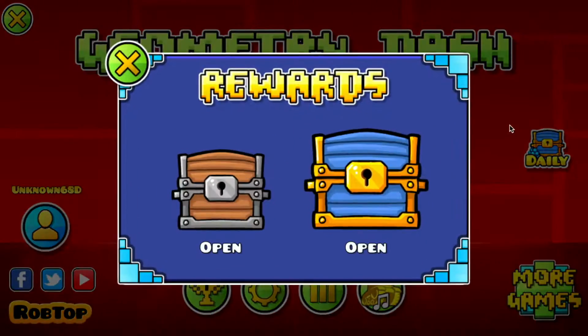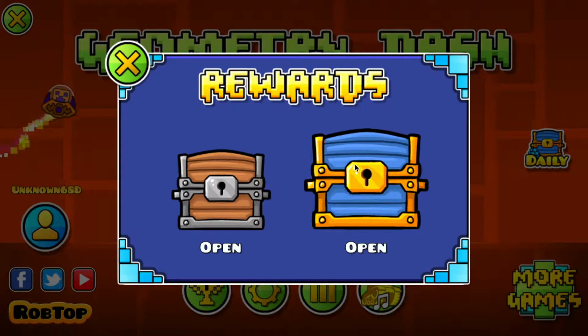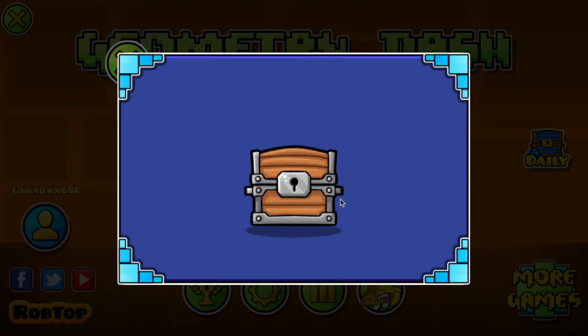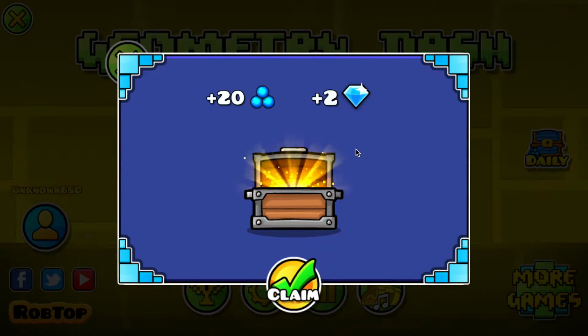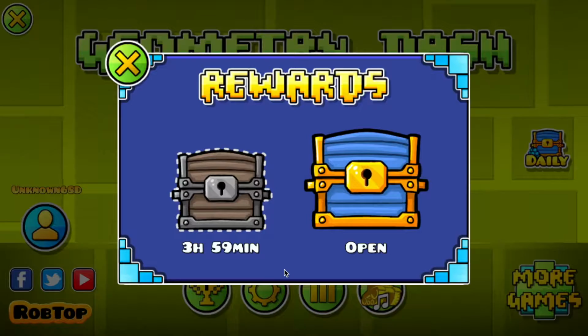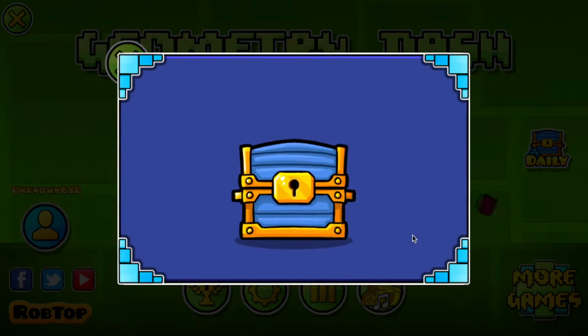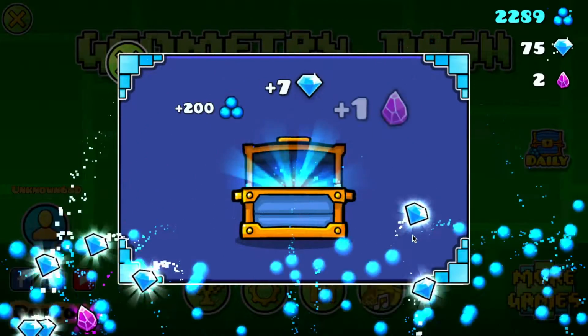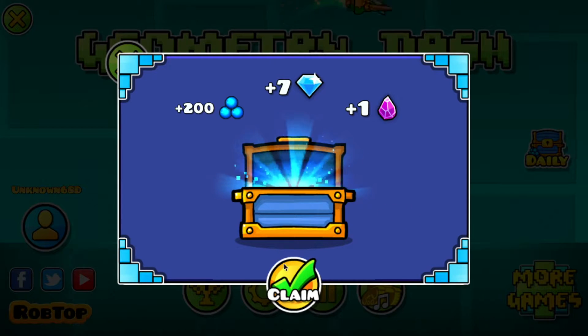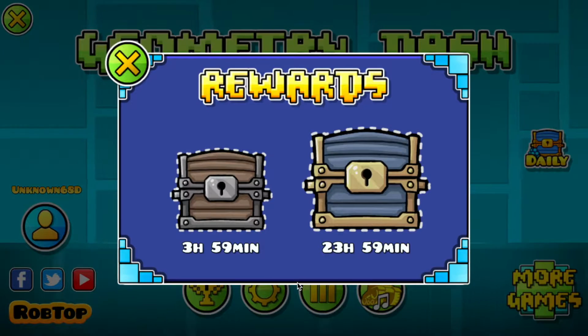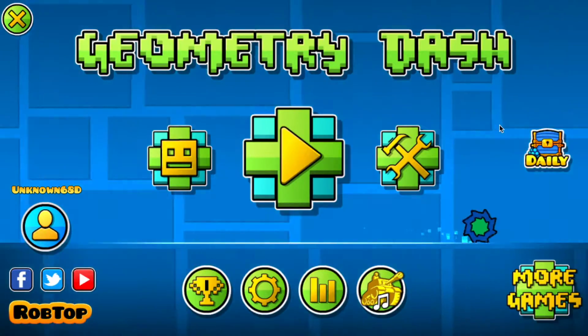Now let's collect our daily chests. We have a wooden chest and a gold chest. Wooden chest first, we're going to save the best for last. Out of this wooden chest, we are going to get 20 gold and 2 gems. So now let's claim. And just so you know, guys, I'm emphasizing a couple words when I click because it's my way of syncing things up in editing. So 3, 2, 1, claim. Hopefully future Unknown, that'll help you in editing.